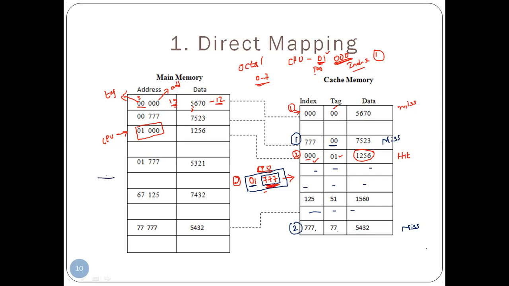Now the CPU is going to start fetching the main memory for 01777. So the CPU will come here. It is 00777. So it is a miss. Again, the CPU will come here. It is 01777. We call it a hit. Why? Because it found the data. The CPU is going to take this data and do the necessary things. So this is how we are going to do that.